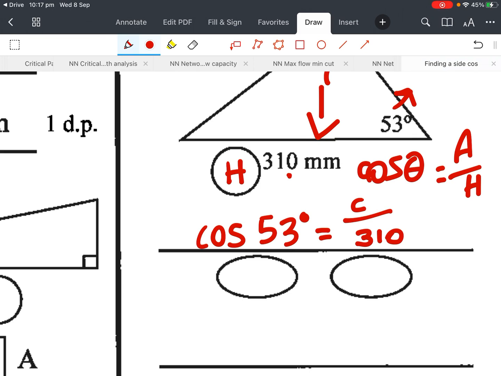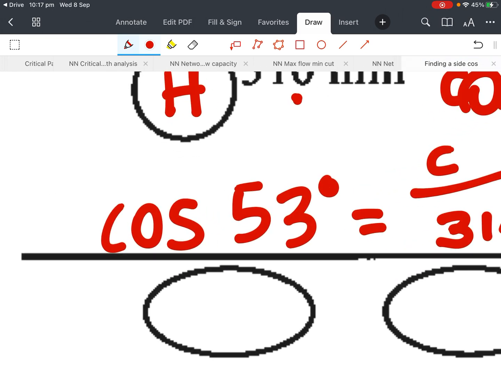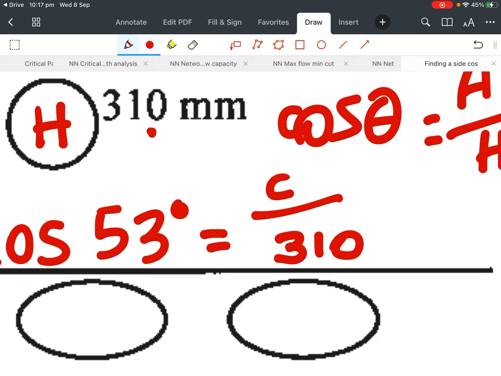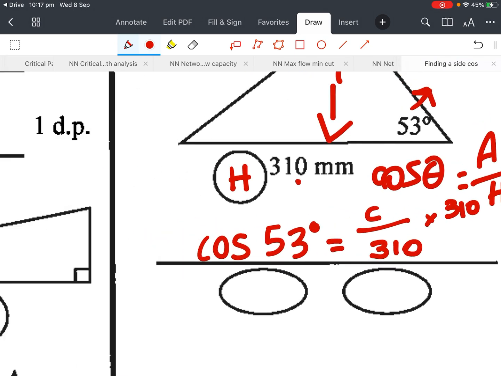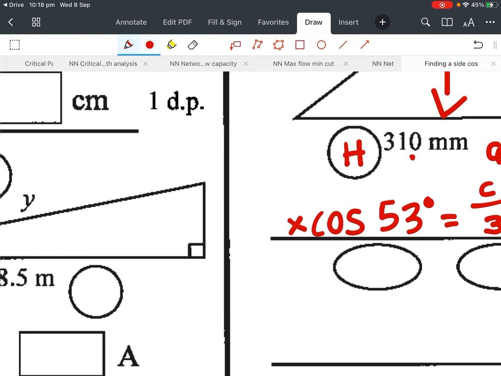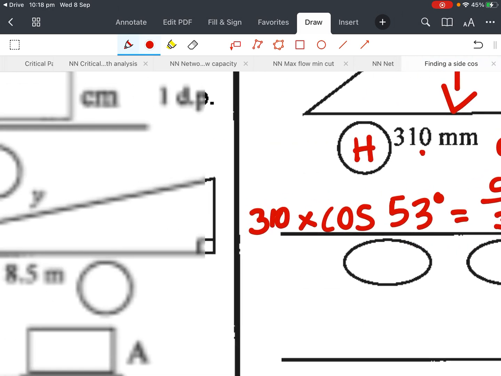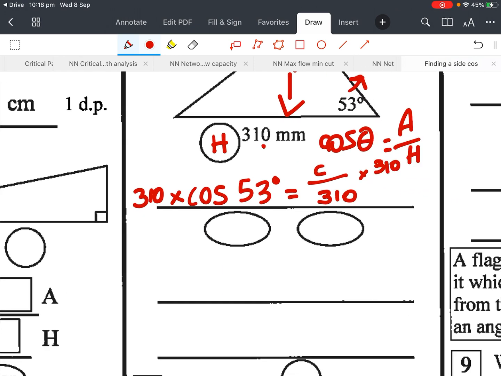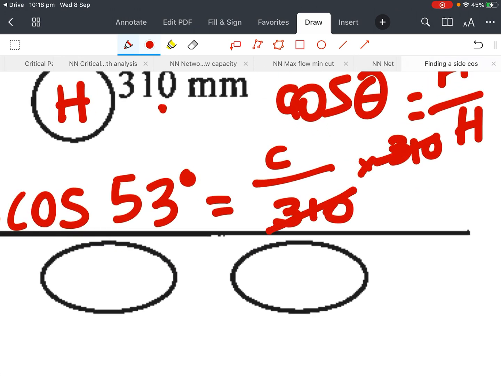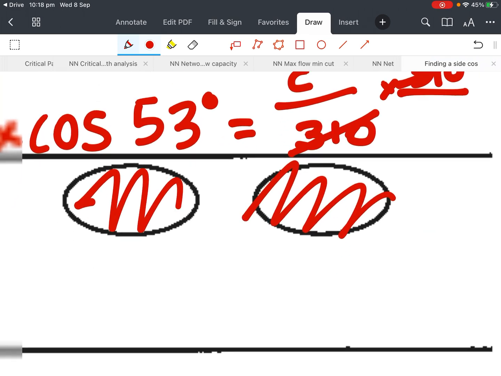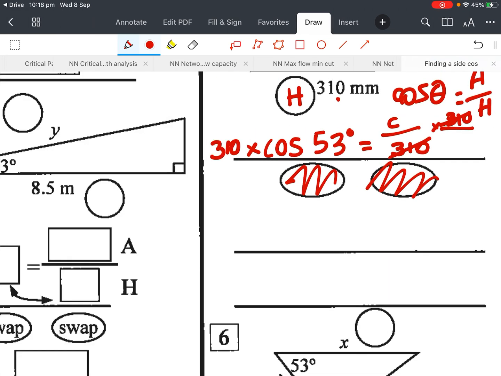Okay? Right, next we need to get the C on its own. Let's do our knowledge of equations. How do I get C on its own if it's C divided by 310? I do the opposite, and I times by 310. In equations, I must balance my equation. So whatever I do to one side, if I times it by 310 over there, I must times by 310 on this side. Now remember, my main goal is to get that C on its own. So I can cross off a 310 that's up in the numerator with the 310 that's in the denominator. You don't need to use those. Okay, so that gives me C equals,